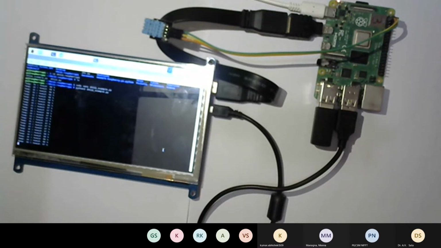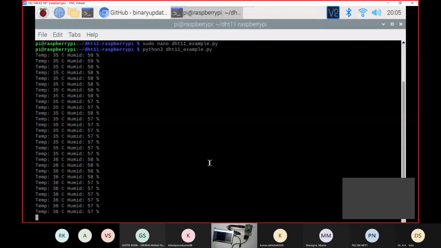So we'll go back to the work. As you can see, as I have connected the sensor, it is showing the data. Temperature is around 36, humidity is 57 over here.